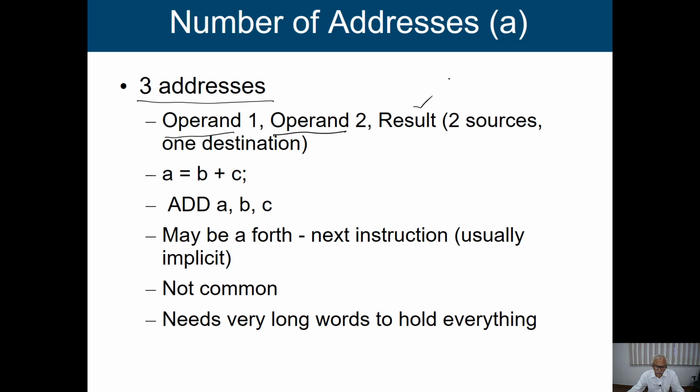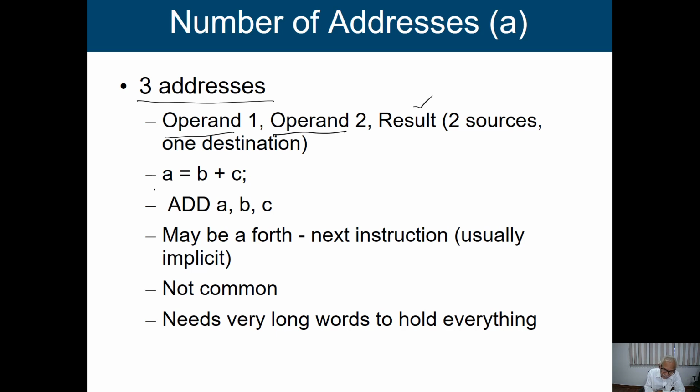Whatever operation we do, most of them are basically binary operations. Adding 2 numbers has 2 operands, multiplication of 2 numbers has 2 operands. So the number of operands is 2 in most cases. For these 2 operands we have to give the addresses, and for the result also we have to give a reference or address. So in the 3 address format, we give the addresses of these 3 values: 2 input operands and 1 result.